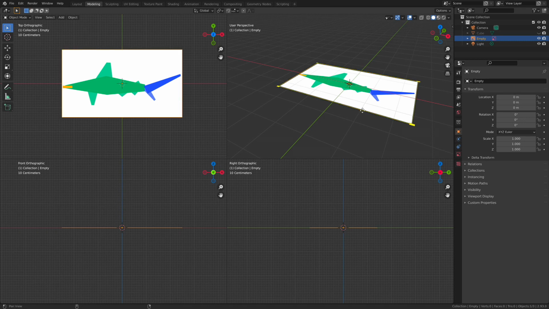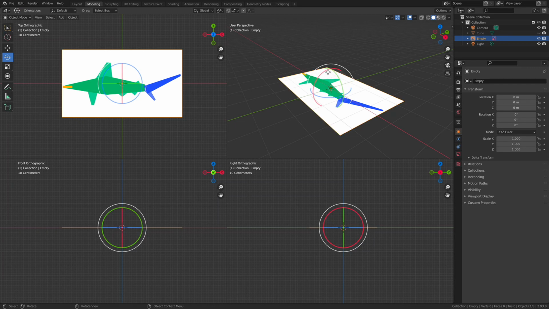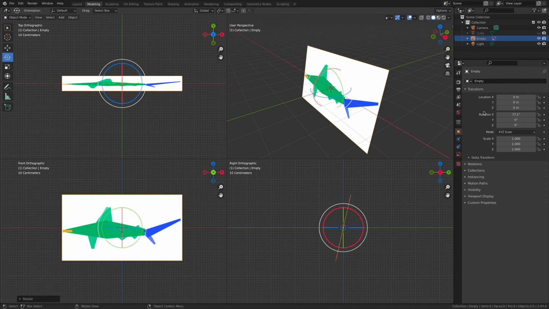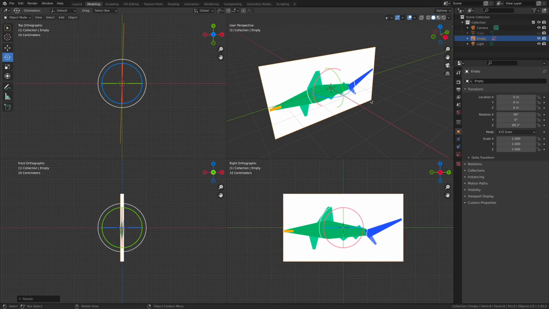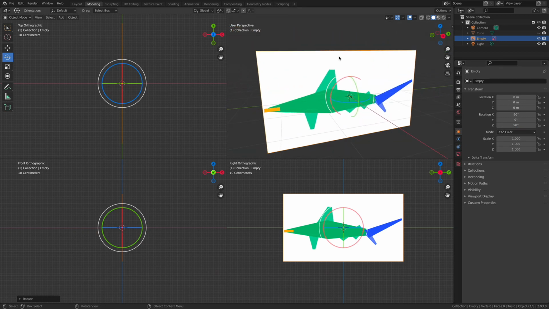And this is going to help us determine how we need to rotate this object to get the result that we're after. Because I want to see my shark in this right view over here. Now, is it that way? Nope, not that way. But maybe it's a 2-step operation here. Maybe I got to do 90 degrees that way, and then 90 degrees on the z-axis as well. Voila. There it is. I like that. That's pretty cool. So that's really helpful.